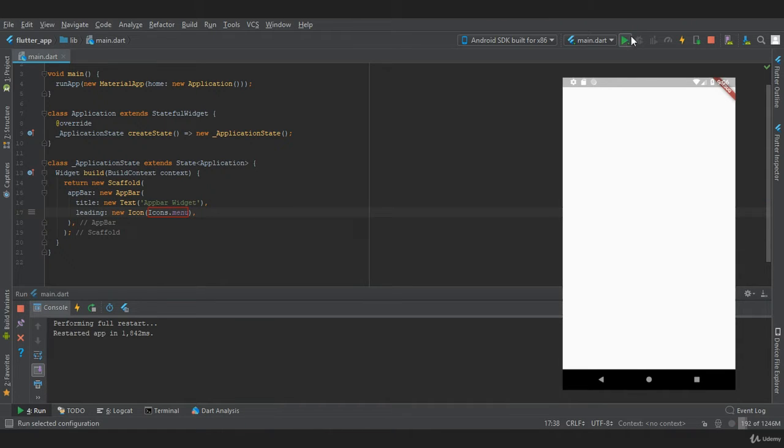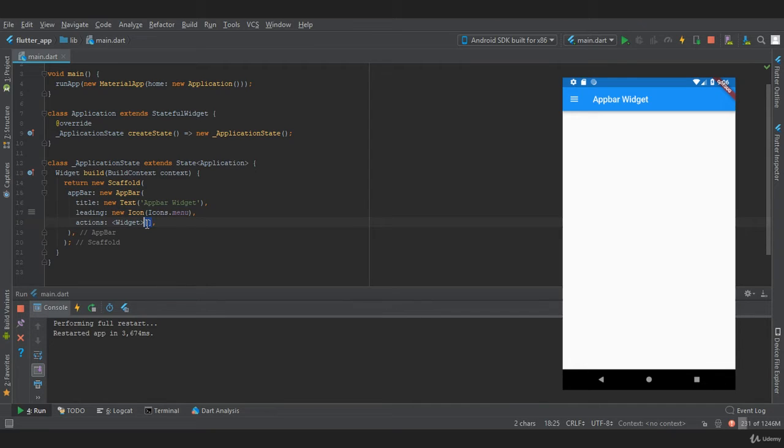Now let's restart our app. And as you can see, we have got an icon on the left side of the title. Now let's create icons at the right side using the property called actions, which takes a list of widgets. So in this we can provide multiple children.